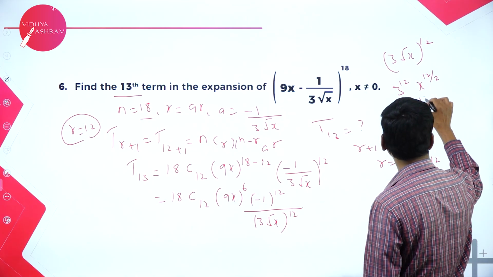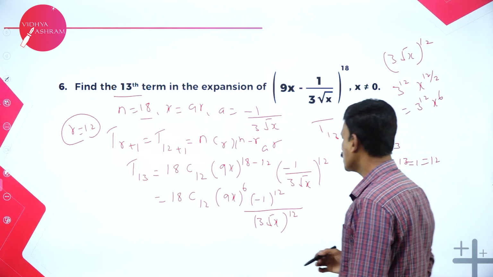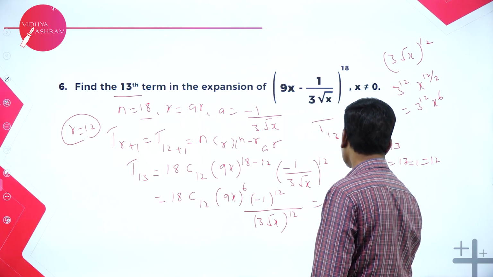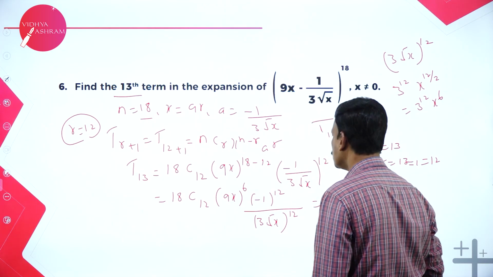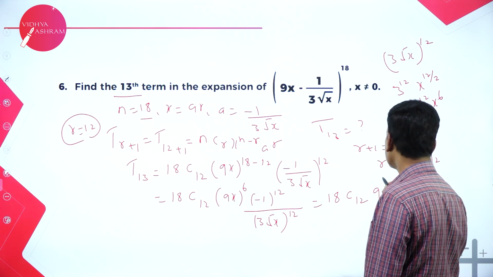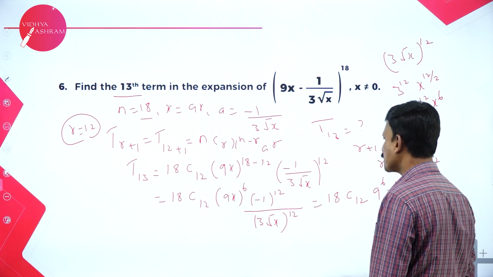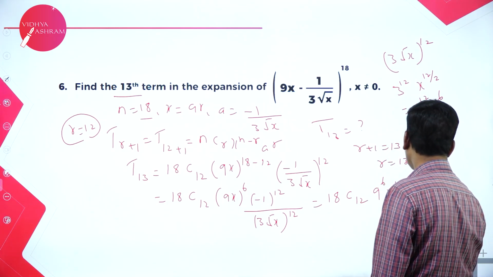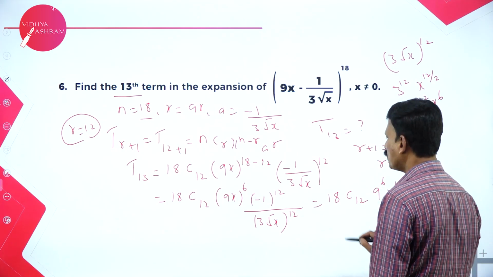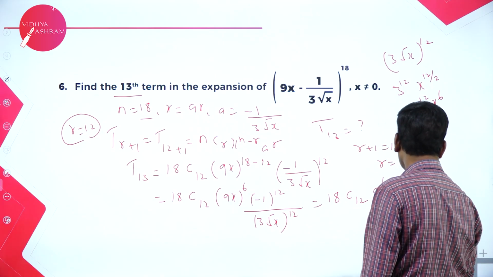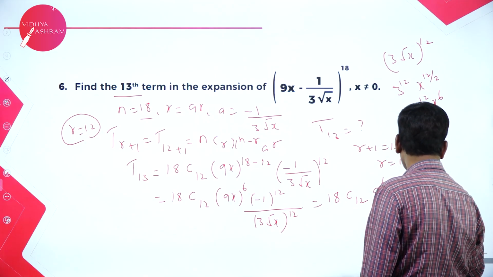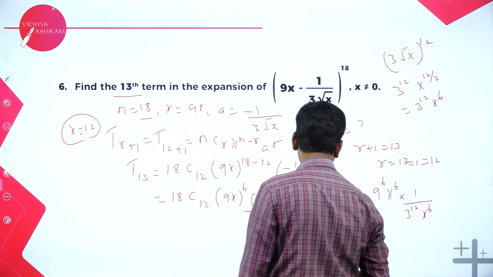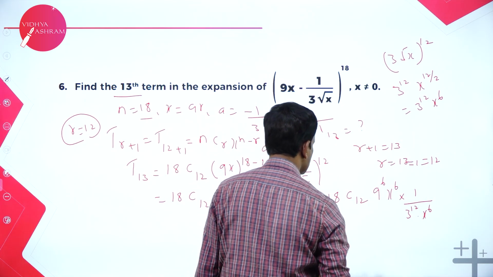That is 3 to the power of 12 into x to the power of 6. So this can be written as 18C12, 9 to the power of 6, x to the power of 6, minus 1 to the power of 12 is 1, 1 divided by 3 to the power of 12 into x to the power of 6. Now cancel the terms which get cancelled. So this is equal to